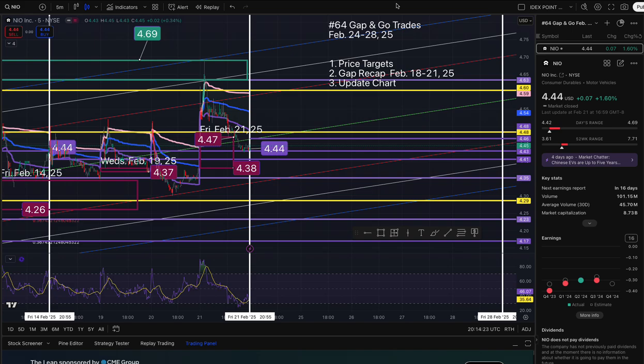First up is NEO. We ended the day at $4.44, up 1.60%. To the north side from where we are takes us to one level of resistance and the middle of the trend and the baseline, and that is roughly 446. Above that in the blue is VWAP right here at 454. Another level of resistance,